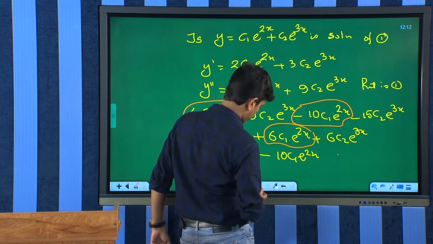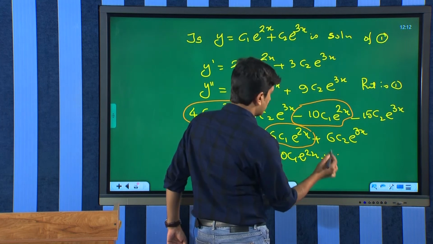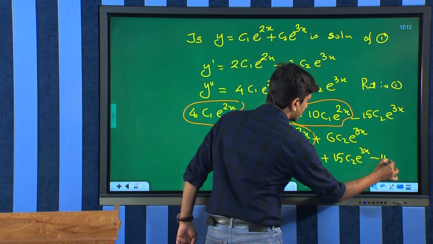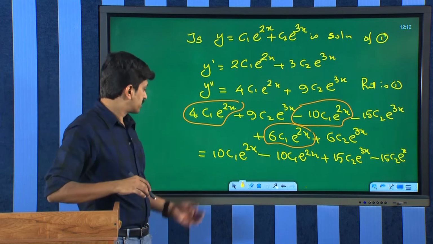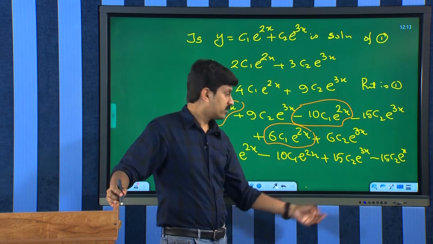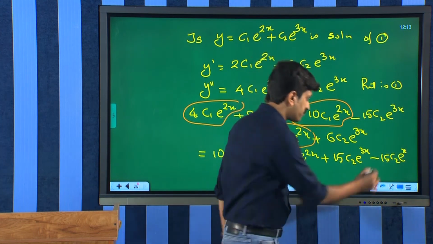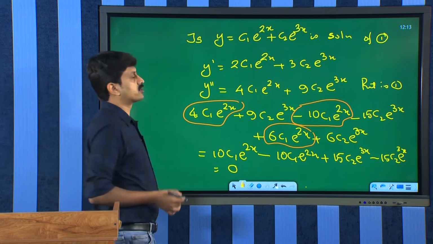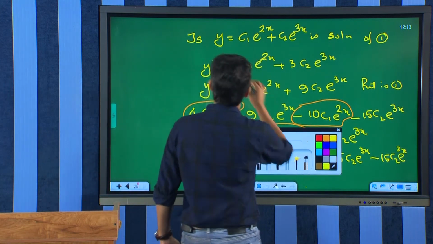Therefore, this is equal to plus 15 C2 e raised to 3x minus 15 C2 e raised to 3x. See, 10 C1 e raised to 2x minus 10 C1 e raised to 2x is 0, and 15 C2 e raised to 3x minus 15 C2 e raised to 3x is also equal to 0. So, this also satisfies the equation. So, we can say that the sum